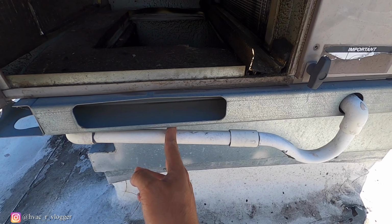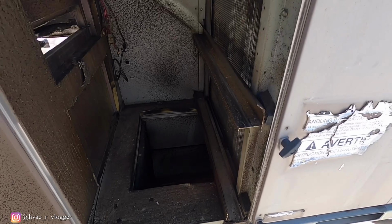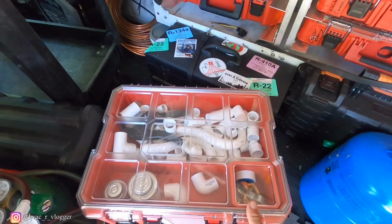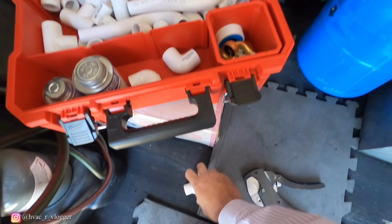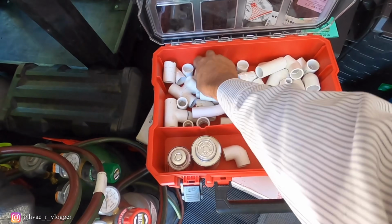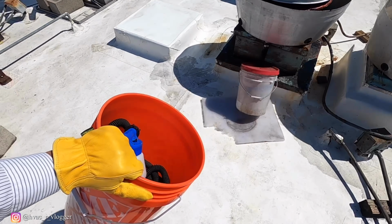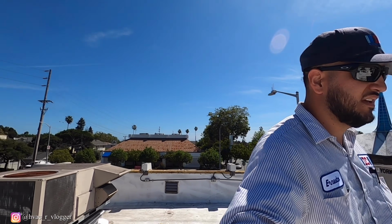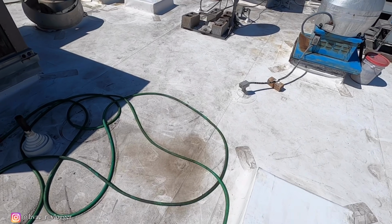Also, I'm gonna go ahead and cut the PVC here so I can blow it out. Probably just cut it here and then put a coupling. Get a coupling. I also brought coil cleaner so I can at least try and wash that coil because it looks pretty bad. Oh, where's the water outlet? I see a hose, but